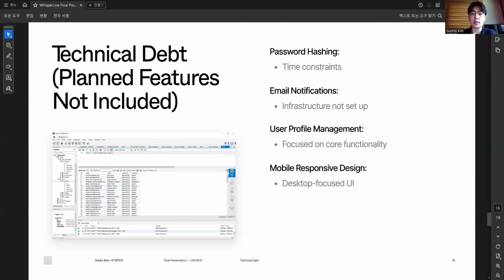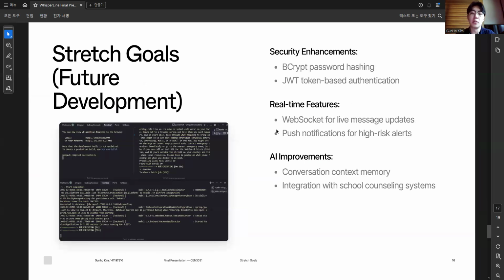Now, let's be transparent about what we didn't get to and where we'd like to go. First of all, every project has technical debt, and here's ours. Password hashing. Currently, passwords are stored as plain text. In a production environment, we would absolutely use bcrypt or similar hashing. JWT authentication. We are using simple session-based authentication. JWT would provide better